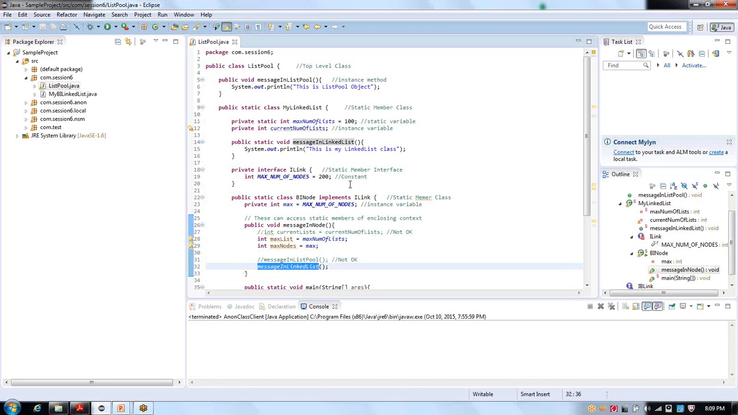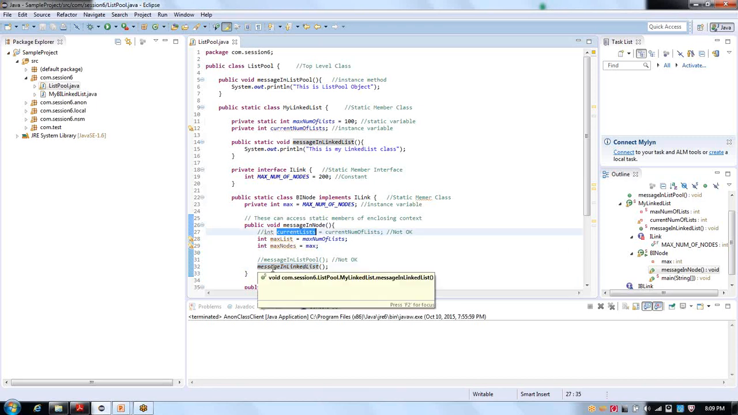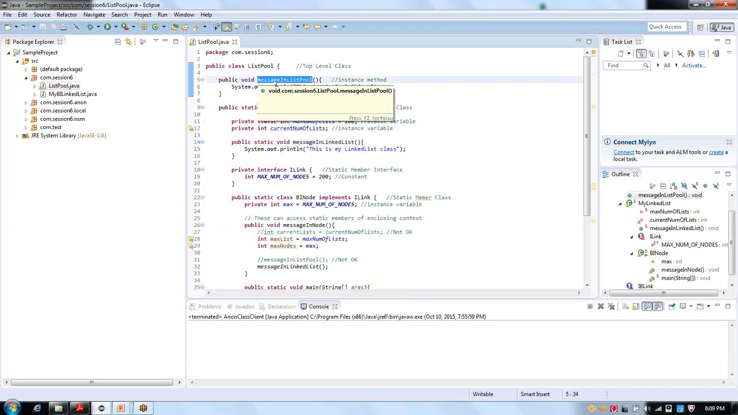If we look at these variables and methods, we have one instance method in ListPool, and in the static inner class we have one static variable, one instance variable, and one static method. If we want to access any variables or methods of its enclosing class, those should be static. See here,